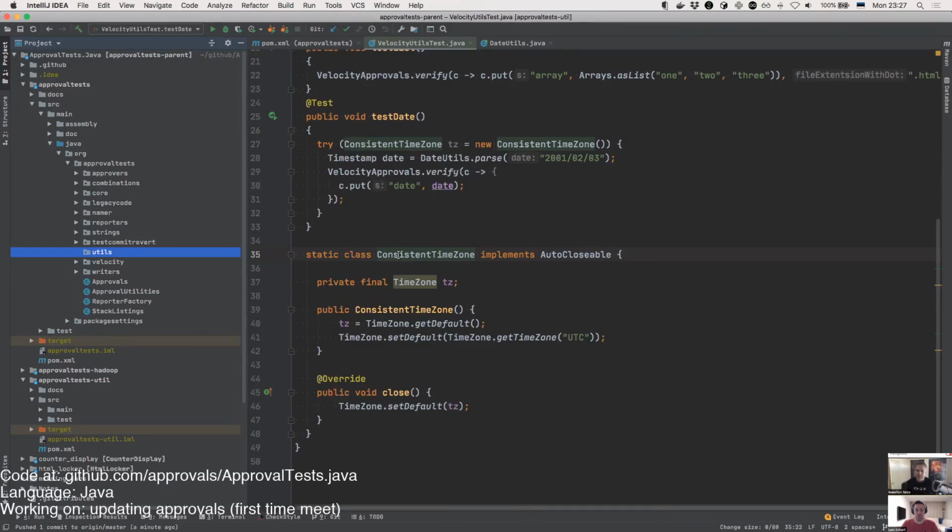Or should we call it like temporary time zone? I feel like consistent time zone is acceptable, but not quite great. Do you have a better name? We start using UTC as time zone, regardless of where we are. Yeah, it's using UTC regardless of where we are. Or we could just call it with time zone.